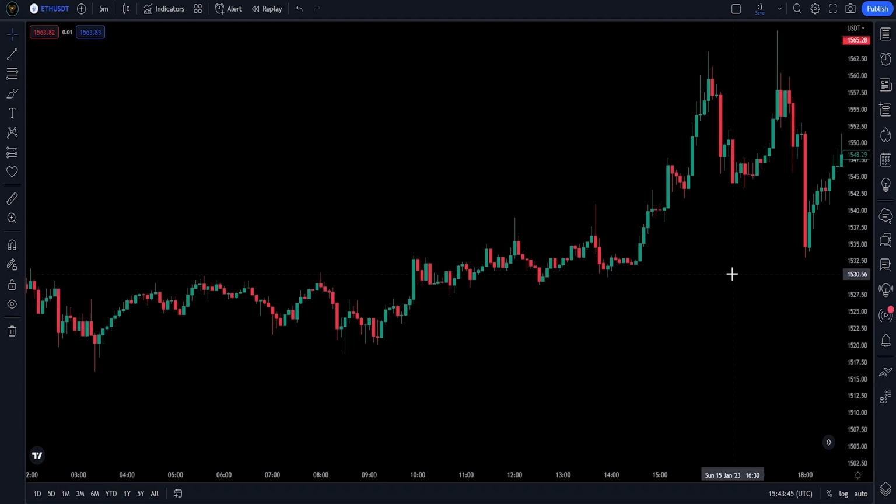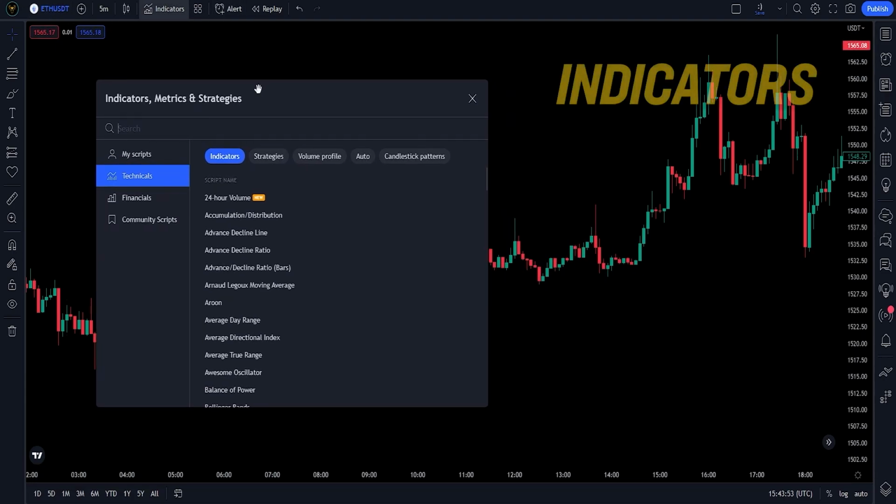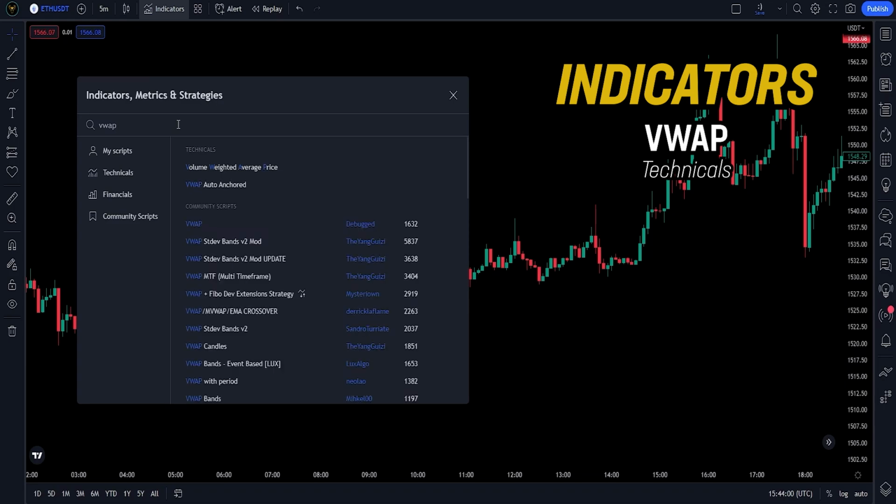So, we are currently looking at a 5-minute chart of Ethereum, which we will be using for the entirety of this video. First, we need to open our Indicators tab, because for this trading strategy, we will be using 3 indicators. The first indicator we will be using is called Volume Weighted Average Price, or VWAP for short. This entire trading strategy revolves around this indicator, so make sure you select the right one, which is this very